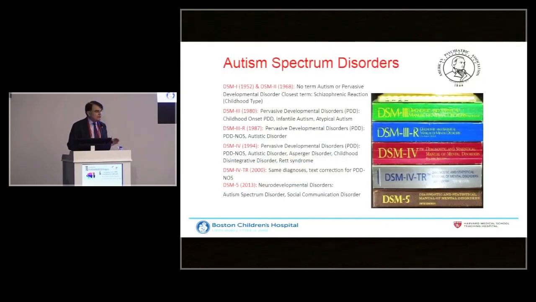There have been a lot of changes in the diagnosis of what we now call autism spectrum disorder. It went from the original conceptualization in 1980 in DSM-3 as childhood autism, or autistic disorder subsequently, also known as Kanner autism or infantile autism, to what we today call autism spectrum disorder, a combination of a number of other categories that have been incorporated into this. I will get back to some of those categories as well.